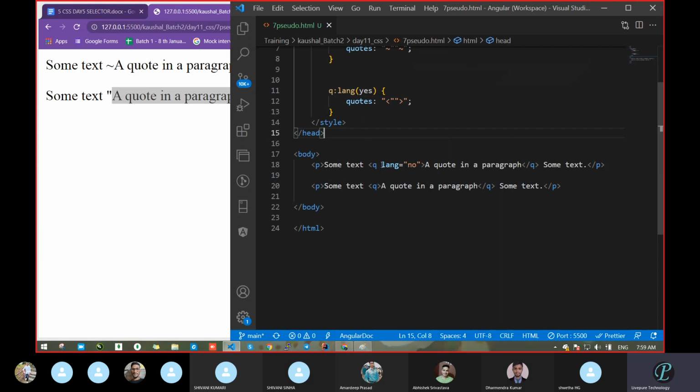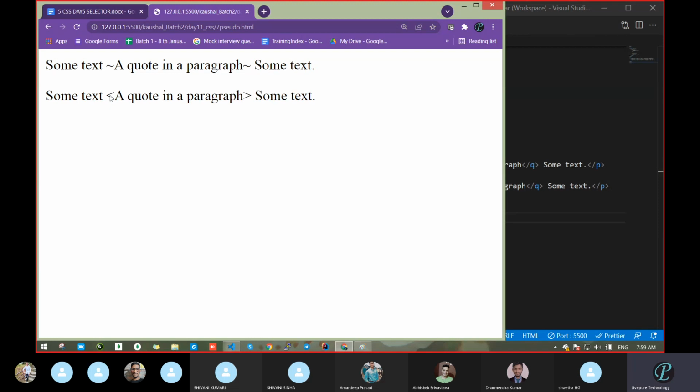What I did is pass lang equal to yes. And I defined the rule on the top, that when lang equals yes, in the yes case, quotes equal to this one. Let's see. I don't know whether it will come or not. Yes, it came. So now the text is inside that one.